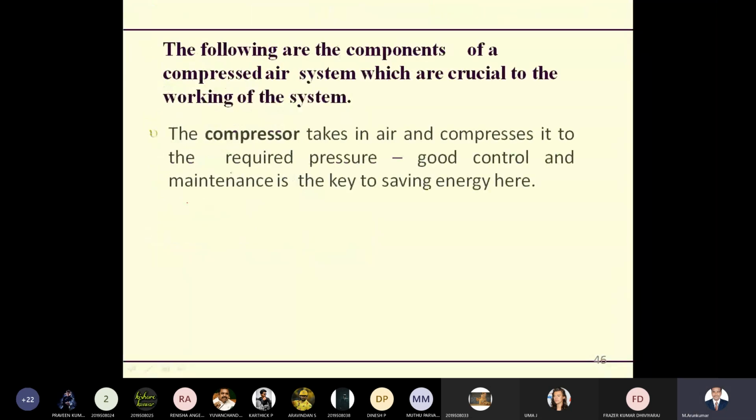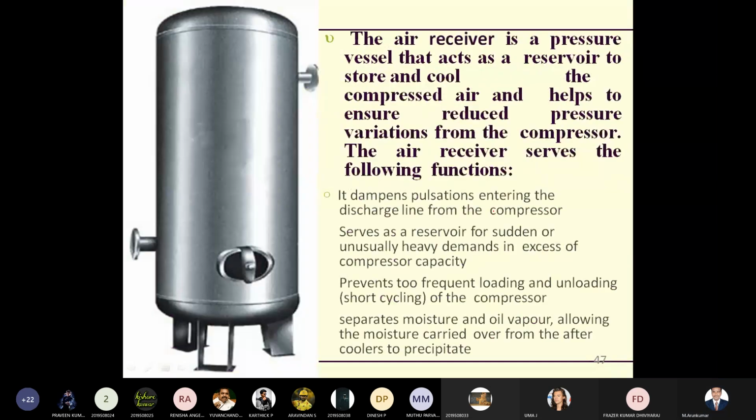The following are the components of a compressed air system, which are crucial to the working of the system. The compressor takes in air and compresses it to the required pressure. Good control and maintenance is the key to saving energy. We have the compressor component, which is the actual body of the compressor. Then this is your actual vessel. The air receiver is a pressure vessel that acts as a reservoir to store and cool the compressed air. It helps to ensure reduced